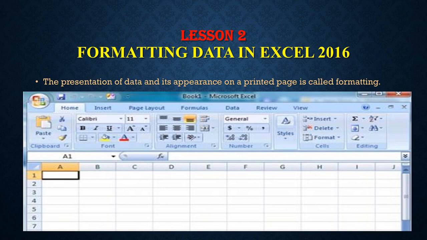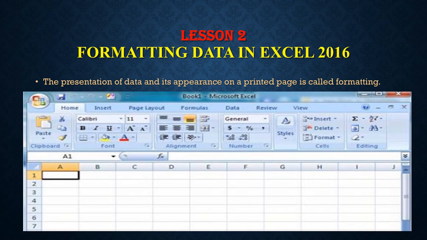While seeing the picture itself, you can understand there are Home, Insert, Page Layout, Formulas, Data, Review, View, and more options. These are the formatting options. After writing inside Excel, check it one by one and you can do the formatting.